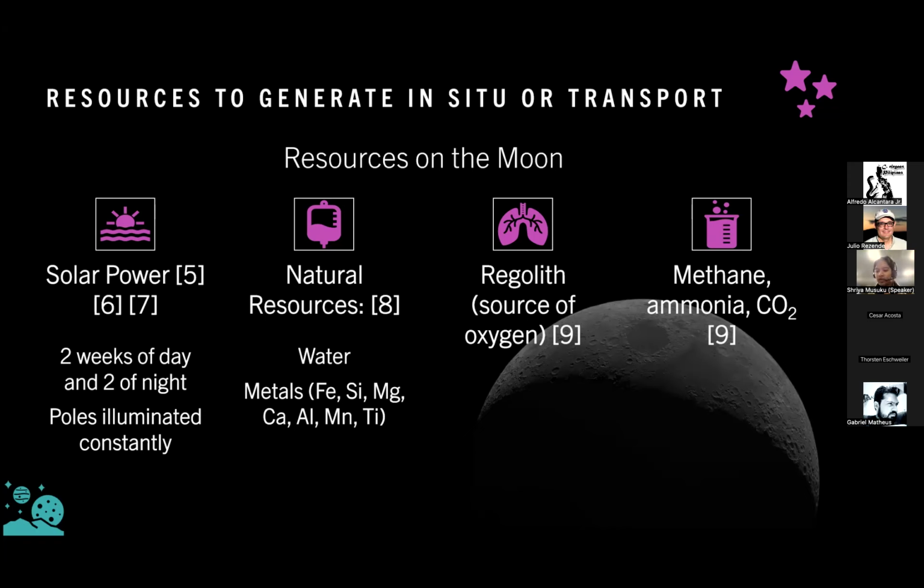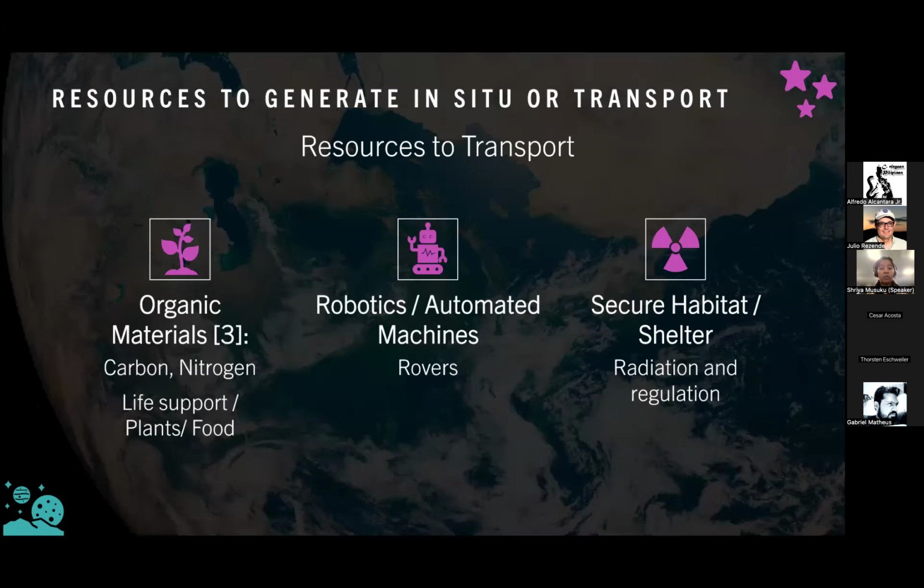And then we also have methane, ammonia, CO2, so sources of fuel, sources of like fire extinguishers, and so on. What do we need to bring from the Earth? Organic materials, that doesn't exist on the moon, carbon, nitrogen, food, automated machines to extract the regolith or the resources